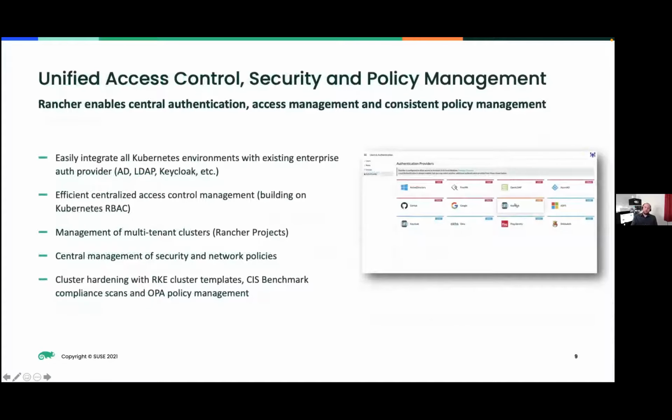As talked about already briefly about security, being able to have centralized authentication for hundreds of different Kubernetes clusters running in any environment is really quite powerful. With a couple of clicks, you can integrate with Azure AD or Okta all of your clusters, whether those clusters you've built with SUSE Rancher or clusters that you've deployed from another vendor and have imported into that Kubernetes management platform that we offer. This was really powerful because this would take hours, if not days, to do with traditional sysadmin tooling. We also implement various hardening templates and CIS benchmark compliance scans for all of those downstream clusters as well.